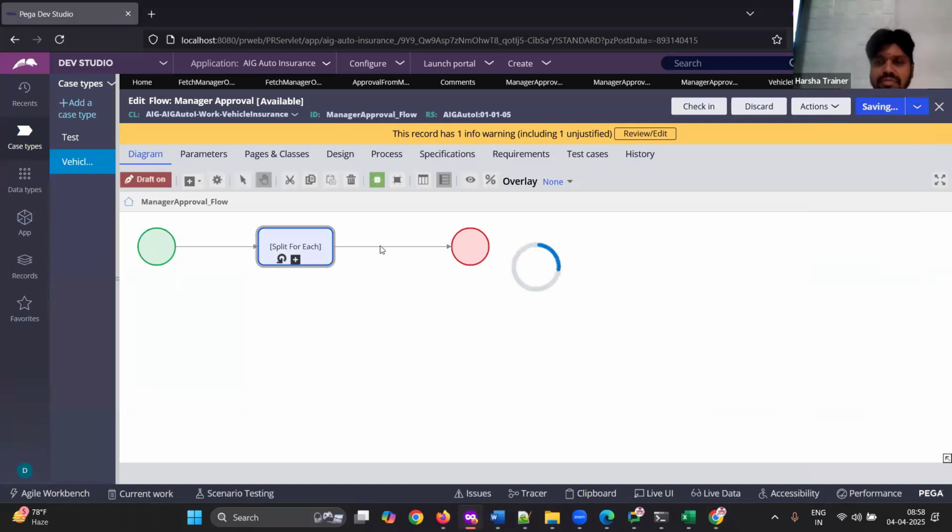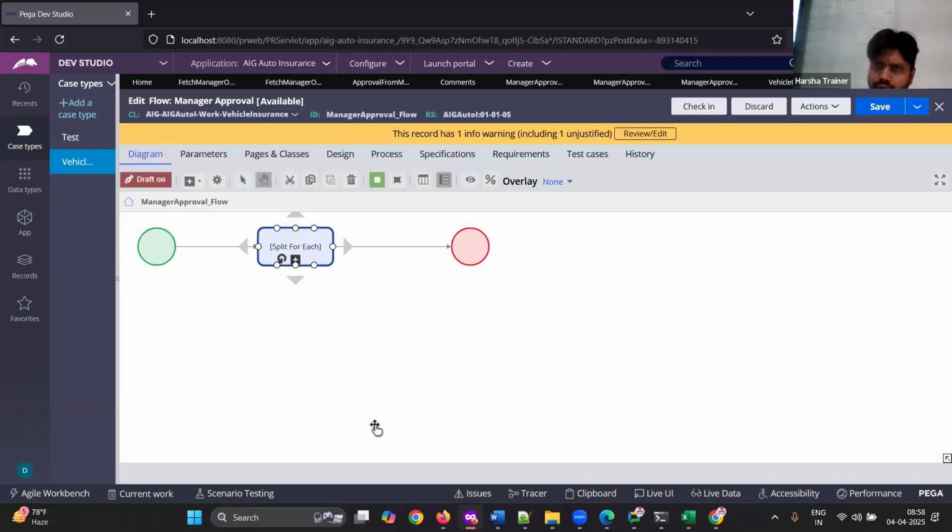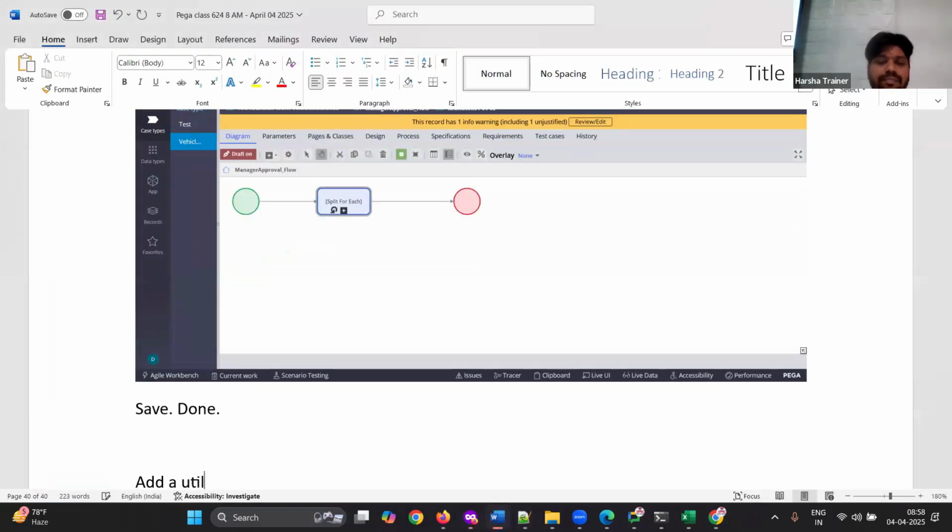See how many times this flow will get executed based on the number of pages available in the page list. But how many pages will be available here? This page list should be built now. How is it being built? By an activity. Did you call that activity anywhere? No. So what you do now is add a utility shape in front of